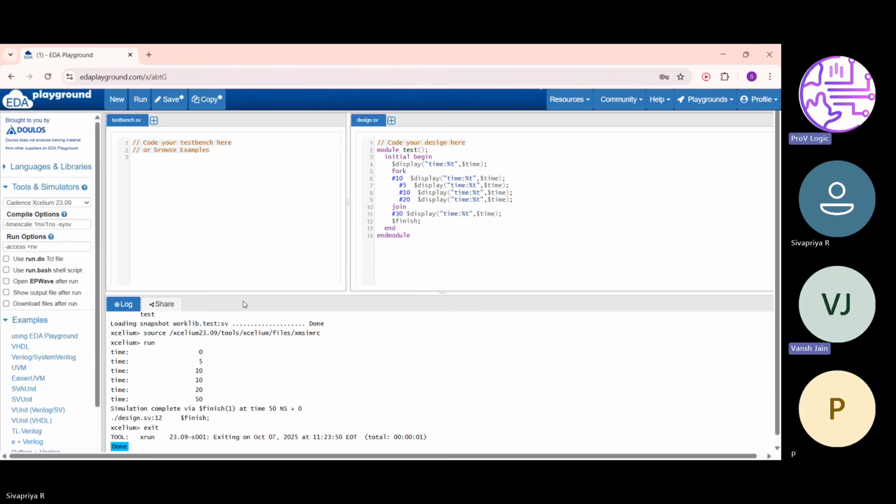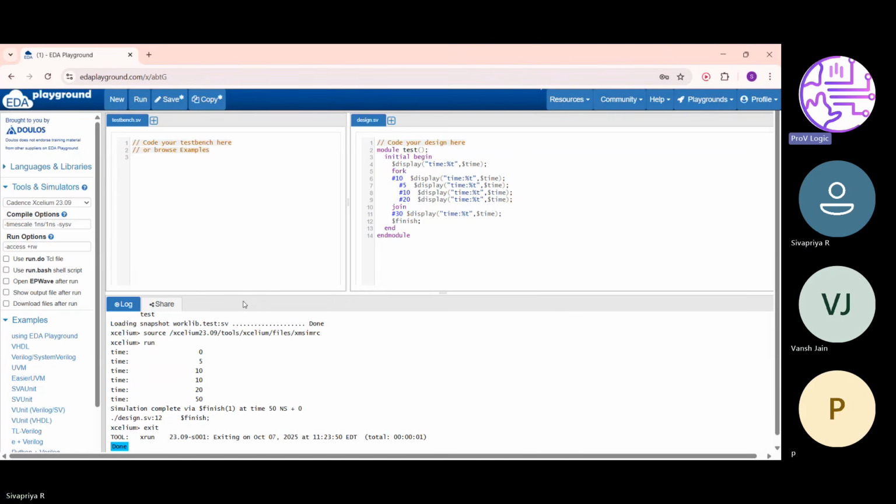Okay. Like how will it execute inside a fork join block? How the threads? Yeah, that's correct. After the join only, the line outside, number 30, will execute. Absolutely correct. But how will the statements execute inside fork join? Did you understand my question, Shreya? Yes, sir.